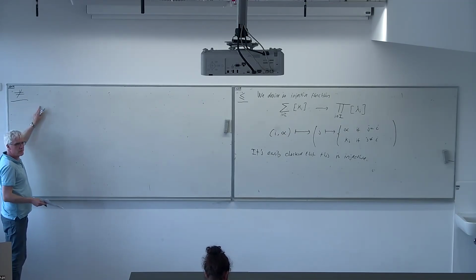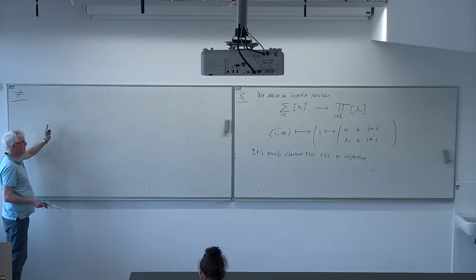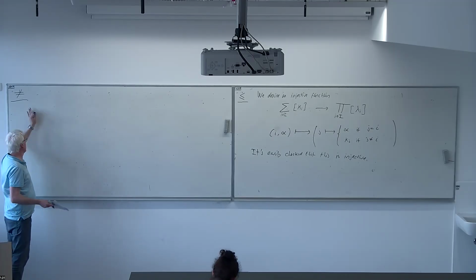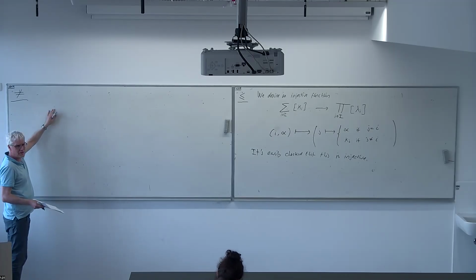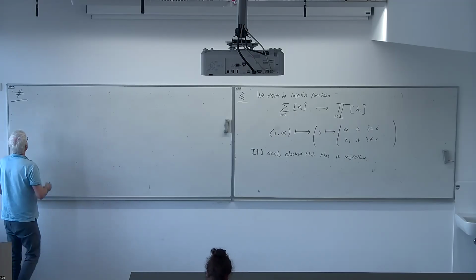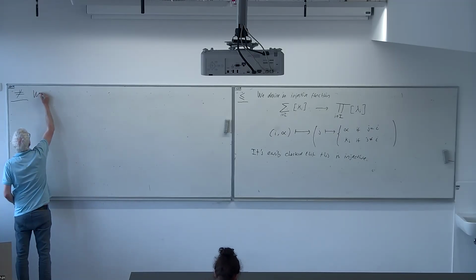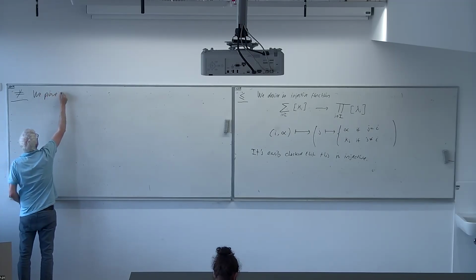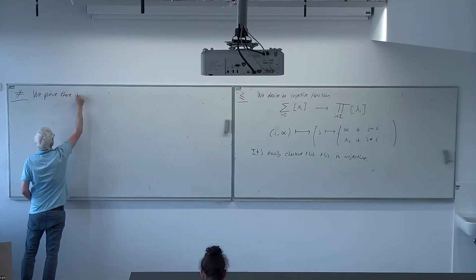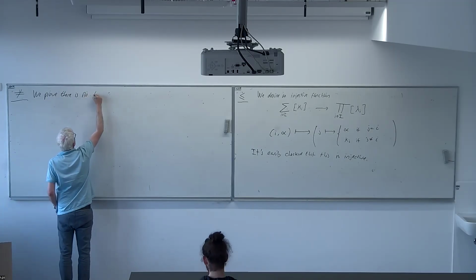In previous cases where we've been establishing strict inequalities, we've proved there's no surjection. But all we need to prove to show they're not equal is that there's no bijection. It's actually easier in this case to prove there's no bijection. So we prove there is no bijection